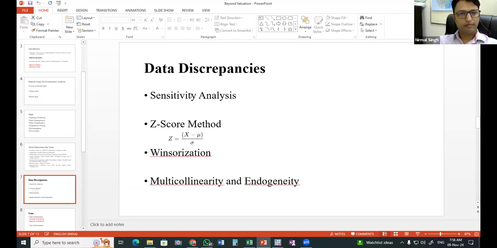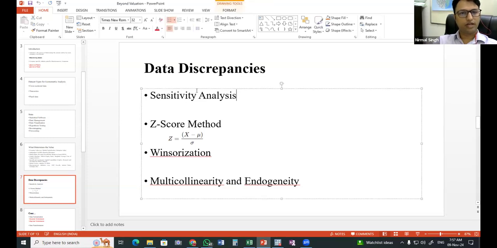So first of all, if our data has outliers, meaning some of the values are quite extreme, say in the automobile industry data I have given, one of the companies is an outlier having extreme values with respect to different indicators, then including that company will impact the result at the aggregate level. If that is the case, then we need to do something with that data set. So what can we do? There are different methods to deal with outlier issues.